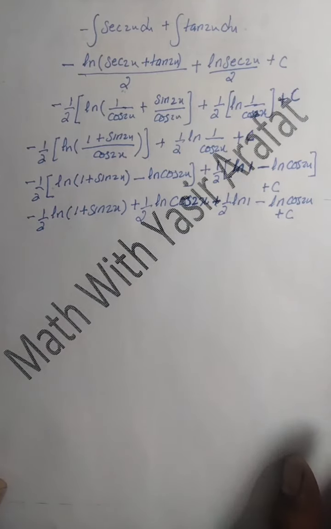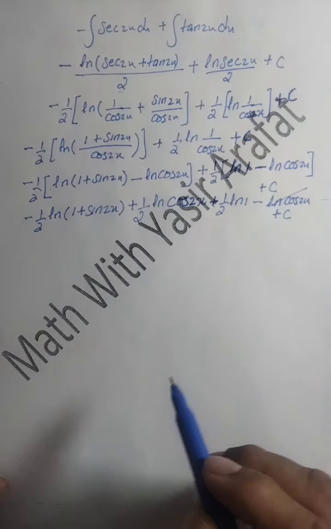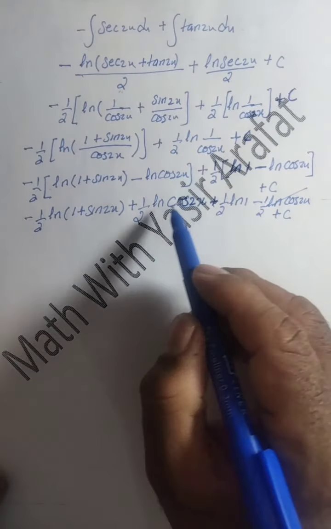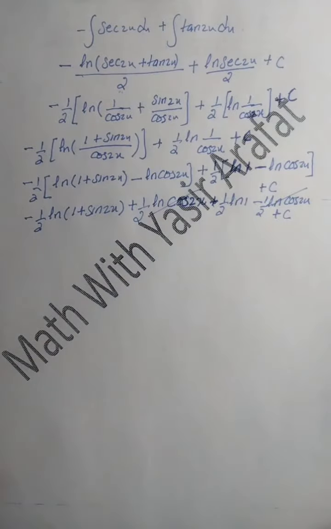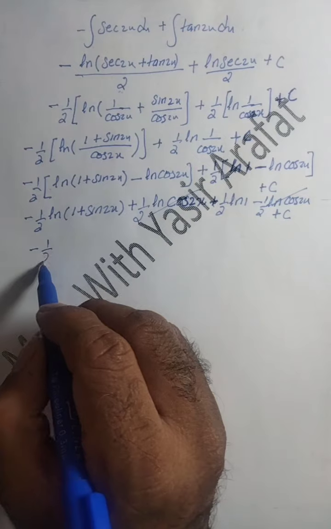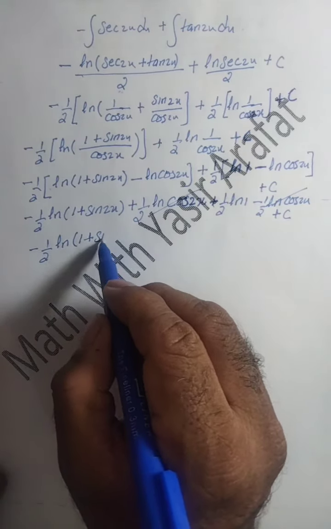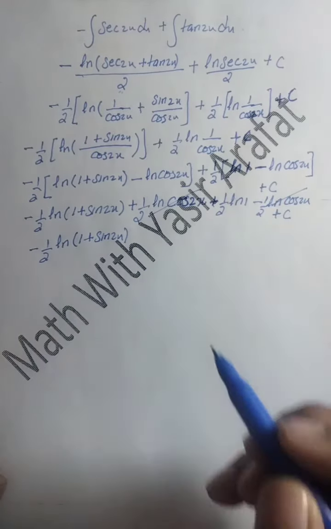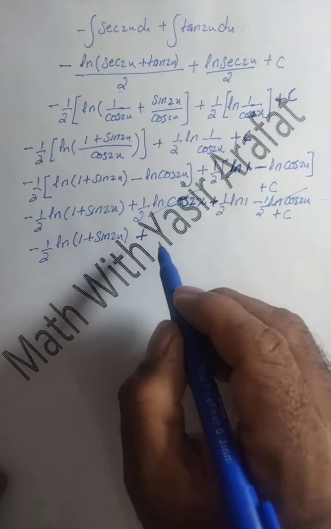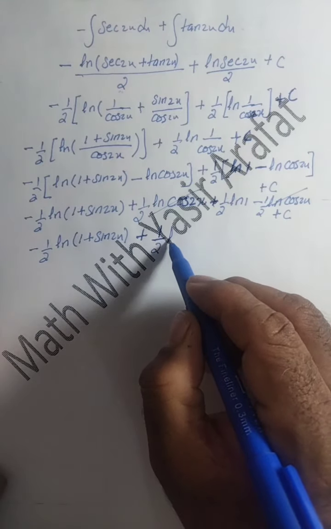So this is minus 1 upon 2 ln 1 plus sin 2x, and plus 1 upon 2 ln cos 2x will cancel out to each other. And this whole factor will cancel out, and this is 1 upon 2 ln 1